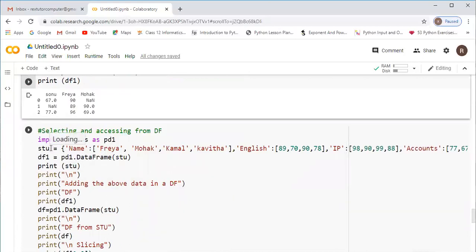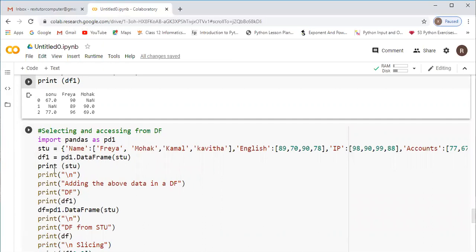Now see here, stu is a record. I have stored there name, English, IP, accounts, like that. Some data I have stored in a student record. Now I am passing that into the data frame. Now see, df1 is equal to pd1 dot DataFrame of stu.